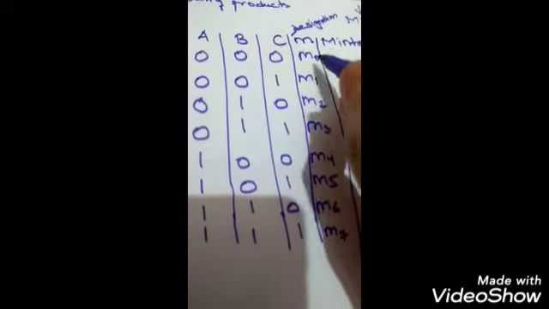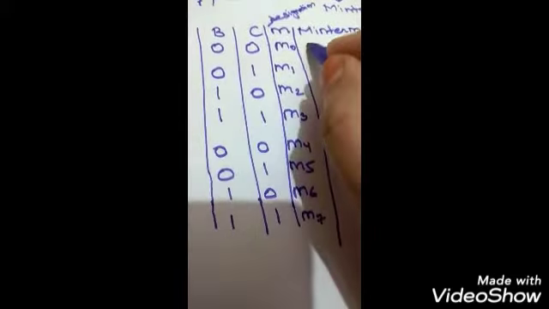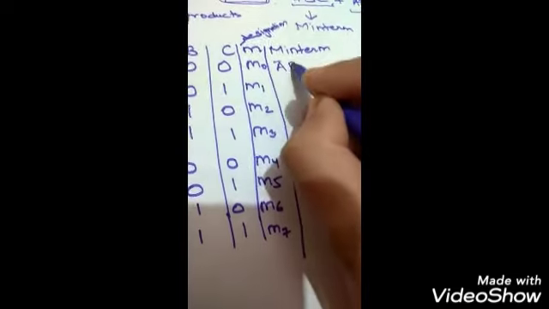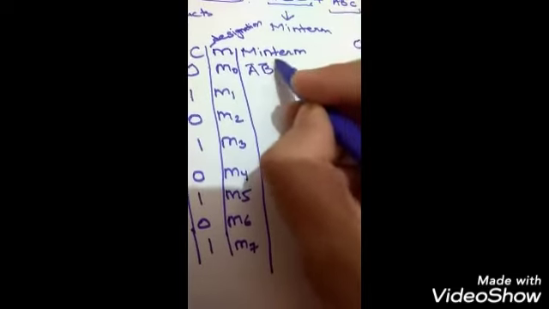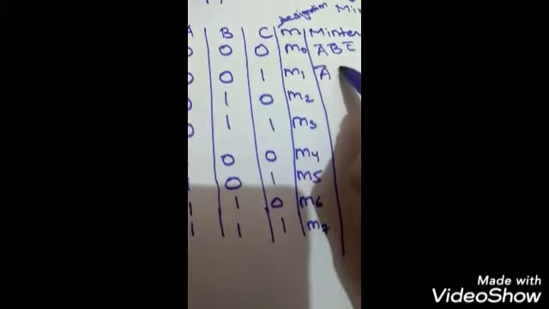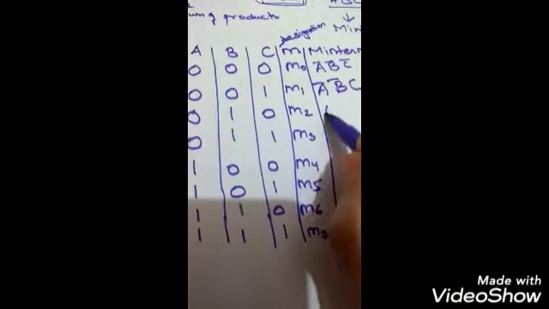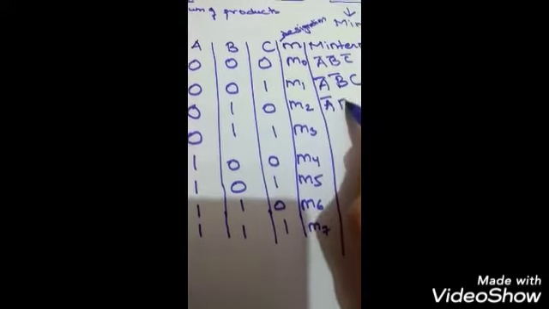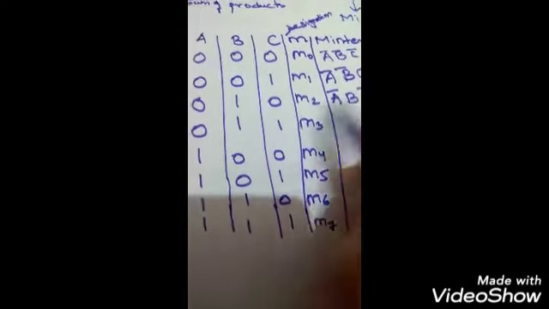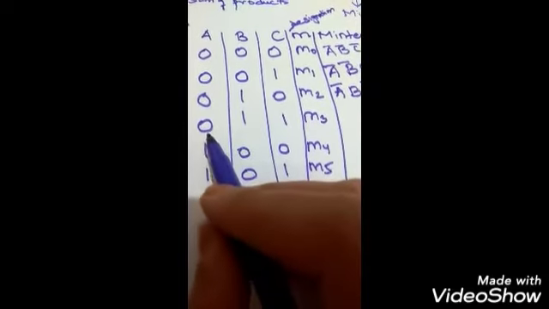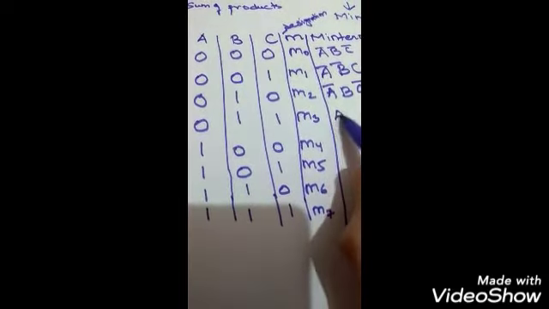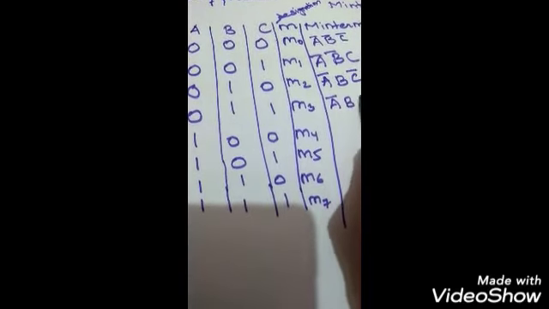So here the first minterm m0 will be, since we have in all three 0, 0, 0, represented as A complement, B complement, C complement. In the second case we will have 0, 0, 1. So for A we have complement, since we have 0, B column also 0, so B complement, C. In the third combination, for A we have complemented, for B we have normal variable, and for C again we have the complemented. In the fourth, that is m3 combination, A is 0, so it is complemented, B, C are 1, so they are normal variables.